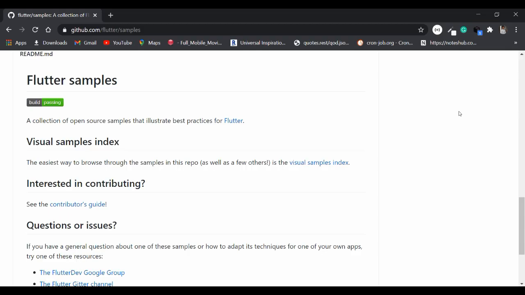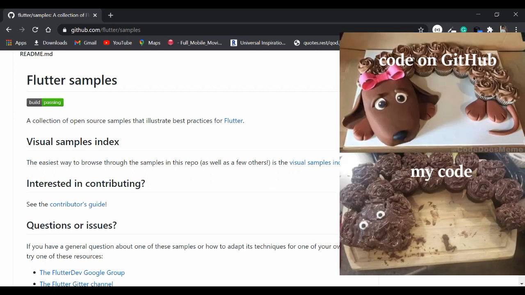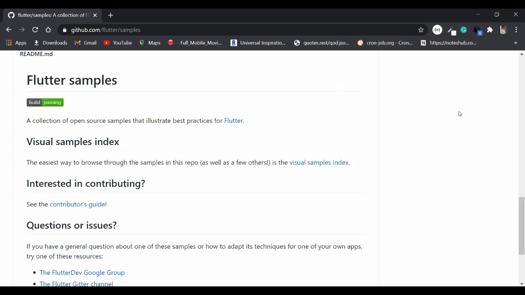First of all, you can see what Flutter Samples is. Let me elaborate on that. Flutter Samples is basically a collection of open source samples developed in Flutter to show best practices of Flutter. For example, you want to learn Provider in Flutter. Provider is a way to manage your state in Flutter. But after reading the documentation, you may have implemented Provider, but you don't know what the best way and best practice is to implement it, so that the code becomes scalable and a lot of people can contribute to it all together.